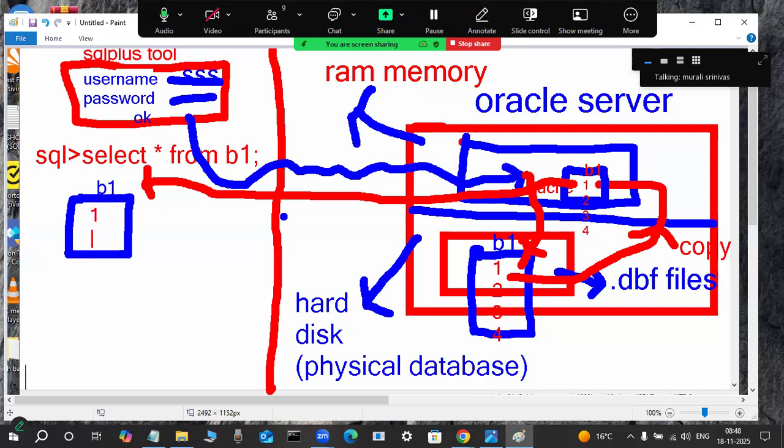Suppose here 1 is a number in this table. 1, 2, 3, 4 is there. It is visible in the client tool. Now I want to change this 1 into 5, for example. If you want to change this 1 into 5, then we use some commands